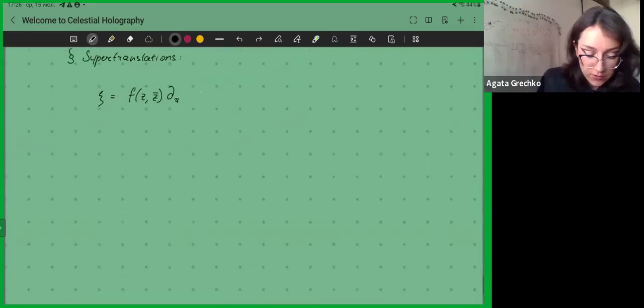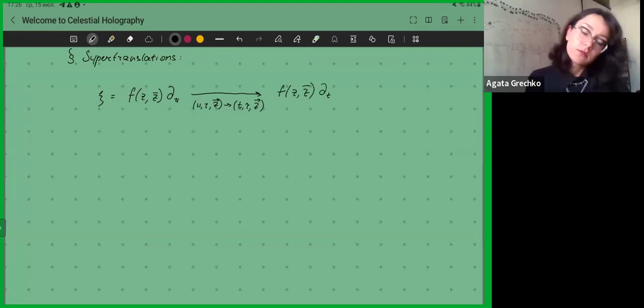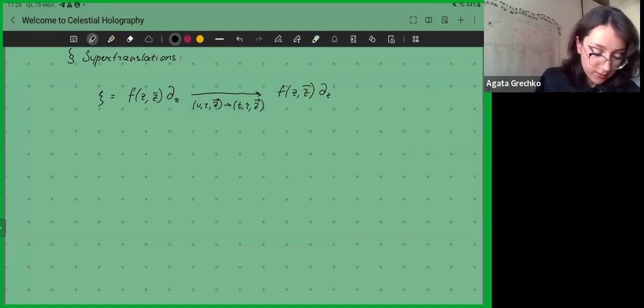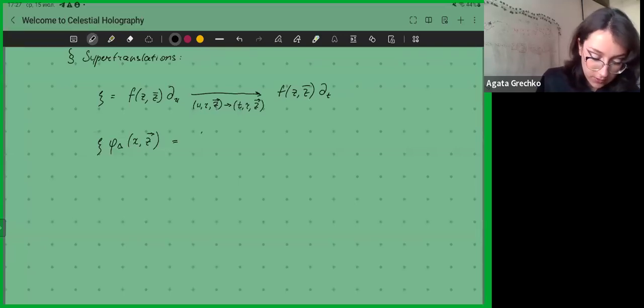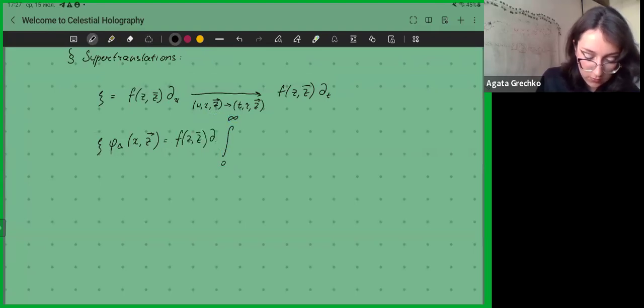It's easier to go from coordinates u, z, z bar to the normal coordinates t, vector x, and then it just becomes the derivative with respect to t, right? And we act again with this thing on the wave function. And what we get again, right, we get the following action. It's the Mellin transform, and we act with the generator on the Mellin transform,